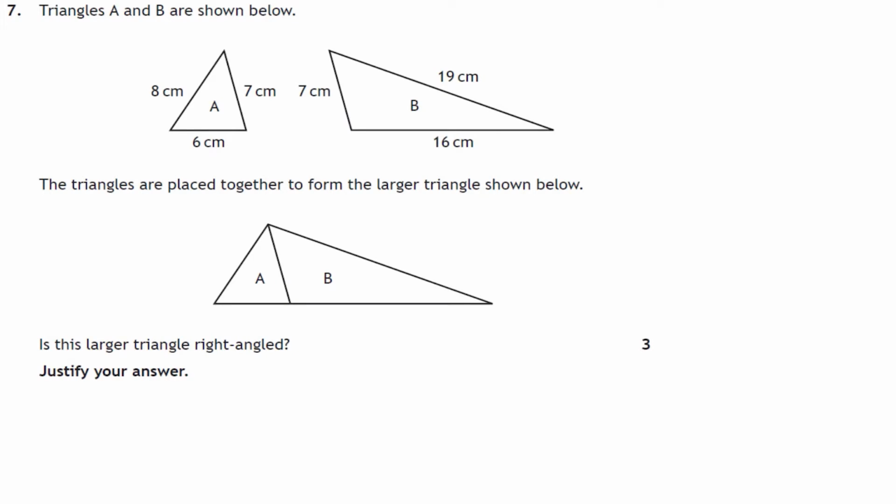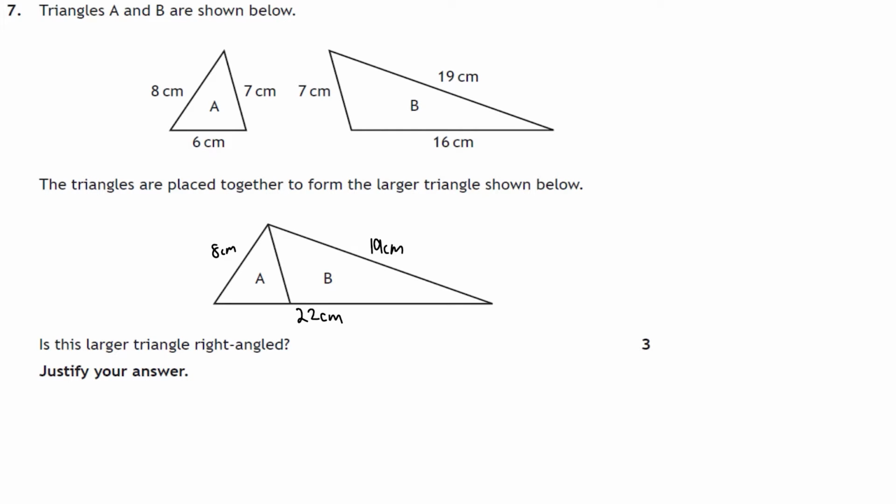Okay, here we've got 2 triangles placed together, and it's asking us is the larger triangle right angled. So let's see how we're going to approach this. Okay, so let's put in the dimensions into the whole triangle here. So we've got that this is 8 centimeters, this is 19 centimeters, and the bottom side when they're joined together would be 22